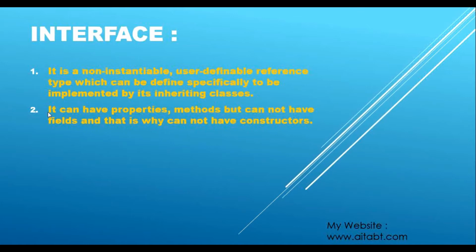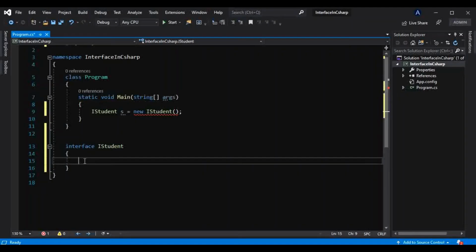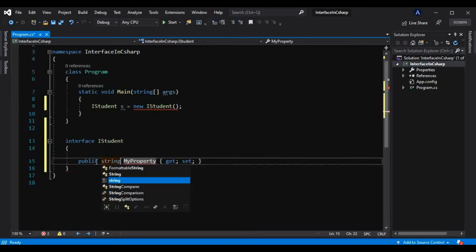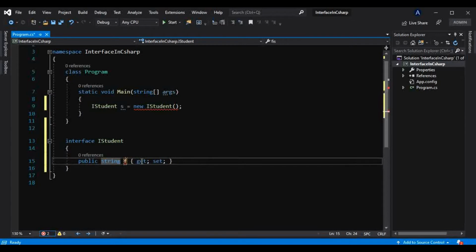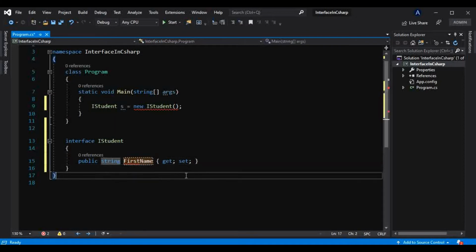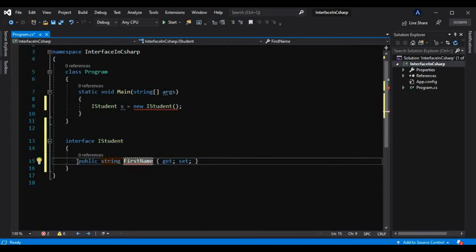what the second point says is it can have properties, methods. So let's just try that. Let's just try to take properties here, string first name, like this, but it is still throwing an error. And why this error? Because we have taken this property as public, and public members are also not allowed in an interface.